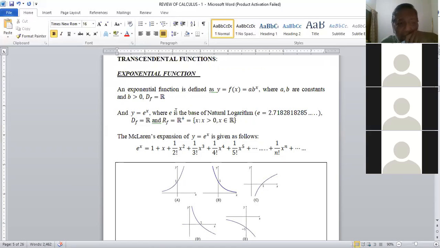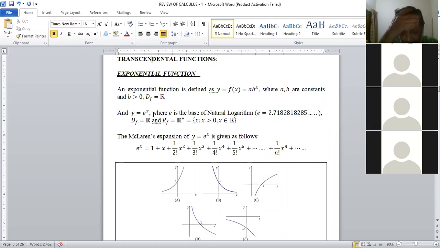Exponential function का जो most frequently used form है, वहाँ पे base arbitrary b है, with the restriction कि b has to be positive. यहाँ एक special base है जिसको हम base of natural log कहते हैं, जो कि irrational number है, और जाहिर है इसकी decimal representation infinite है. Rational numbers की decimal representation infinite हो सकती है, but उसमें एक recurring pattern होता है. Irrational numbers वो होते हैं जिनकी decimal representation infinite होती है और उसके अंदर कोई recurring pattern भी नहीं होता. So e is the base of natural log, and this function y is equal to e power x